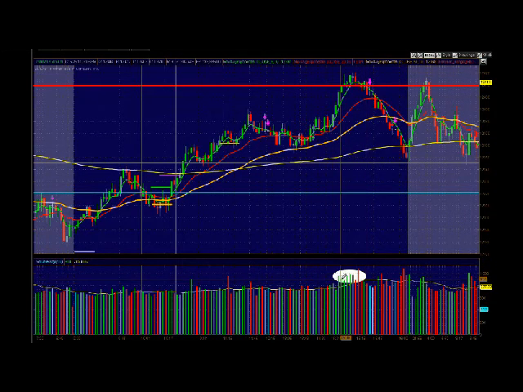This whole group right here started giving an indication that this was over. In other words, this is showing resistance here at the high of the week, and once it created this small little consolidation, a good sell signal would have been somewhere in here about